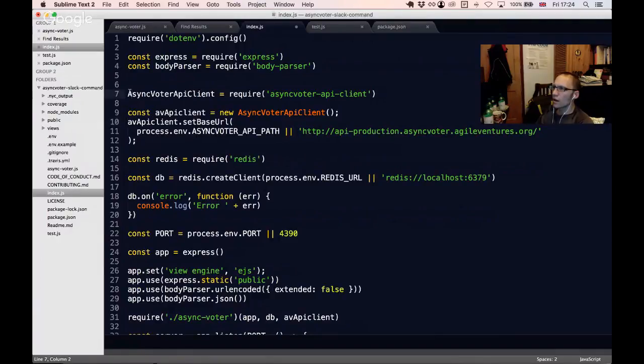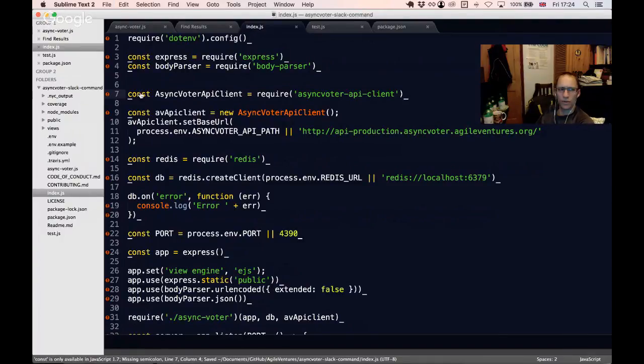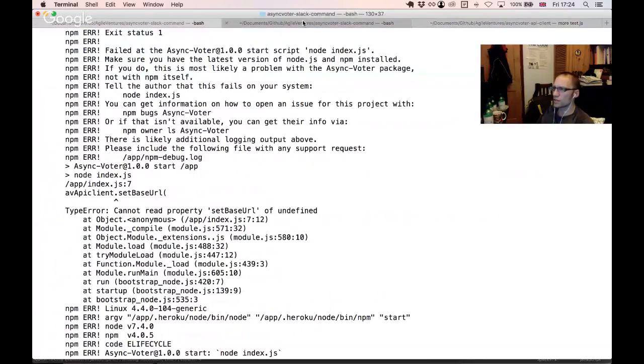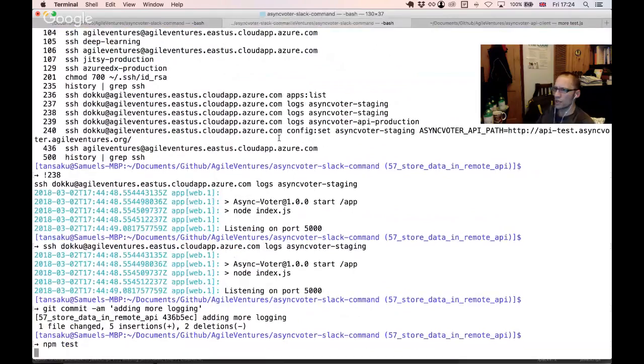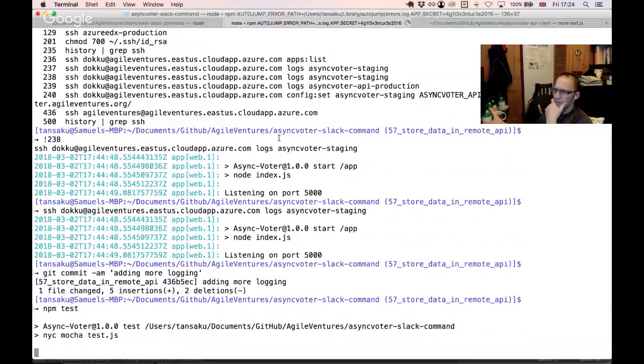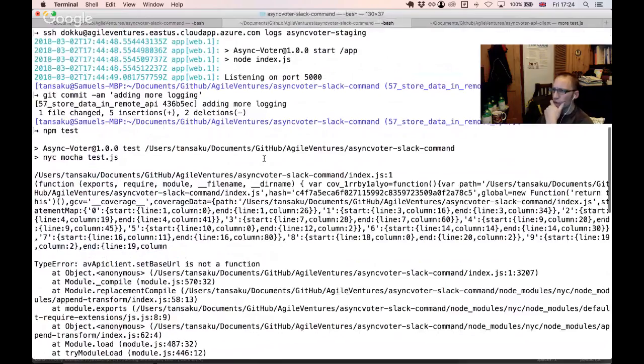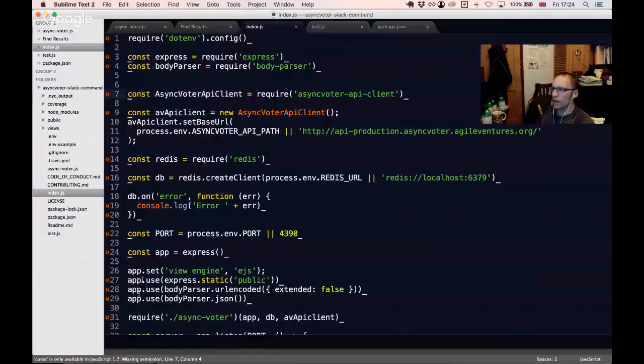Okay. So we could then try to run the tests. This is my deploy window. Let's do the tests here. And that's failing with still AV API client is not a,